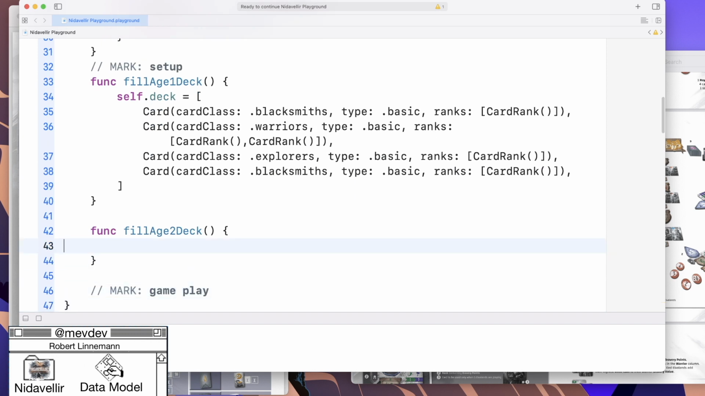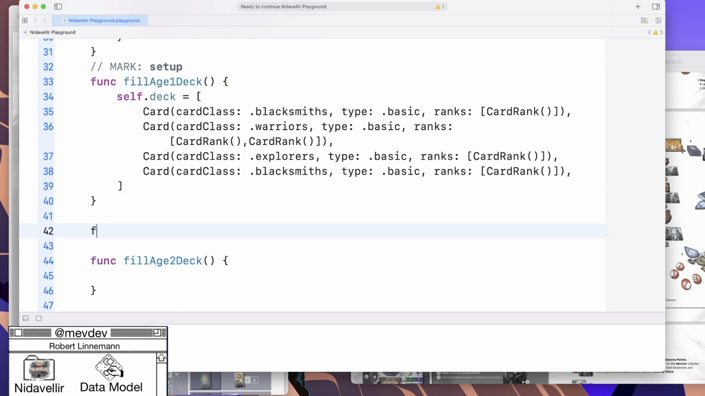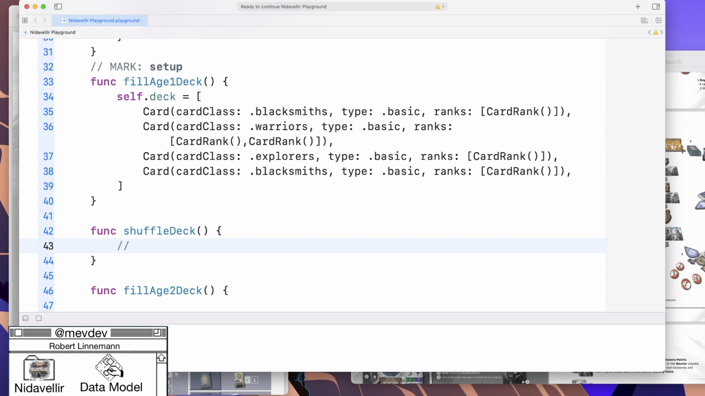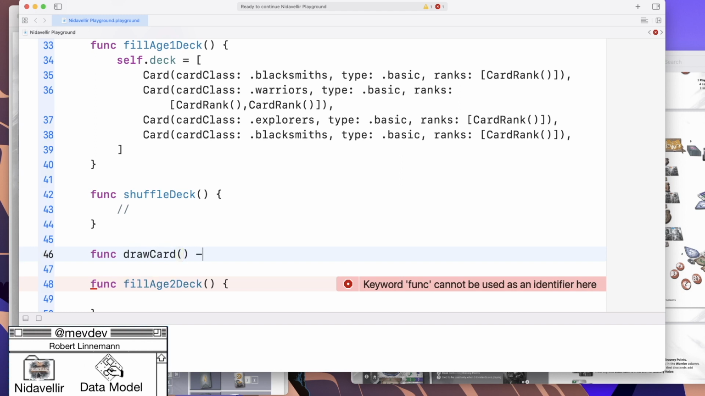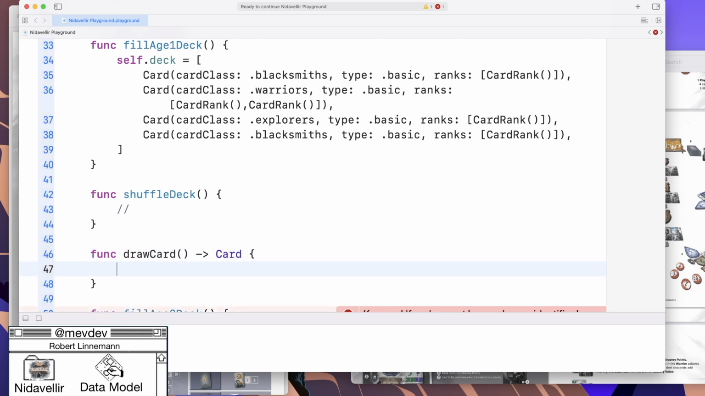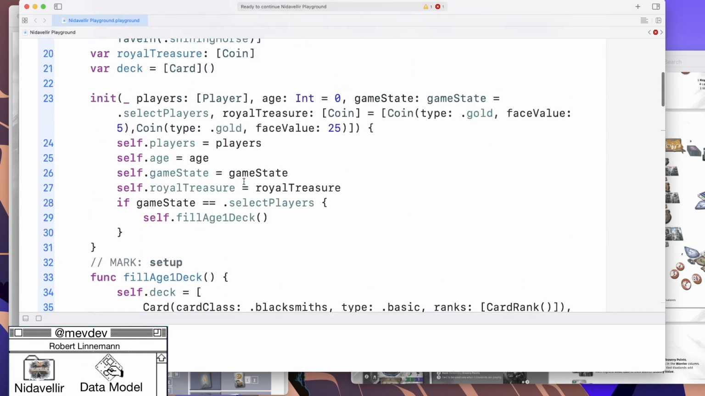And then another thing that we could do would be, you know, shuffle deck. That would be worthwhile. We would want to randomize each card within it. And then draw a card. So to draw a card would then